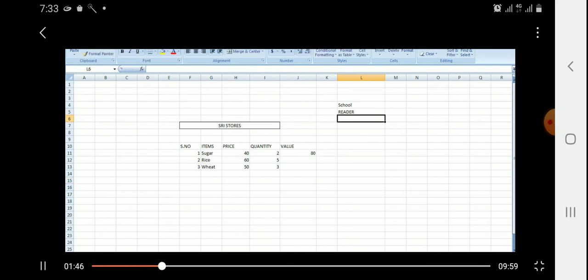Students, by using the F2 key or clicking the particular cell 2 times, you can edit the contents of a cell, or else the data will be displayed in the formula bar. There you can make changes. This is the way how we can edit the content of the cell.